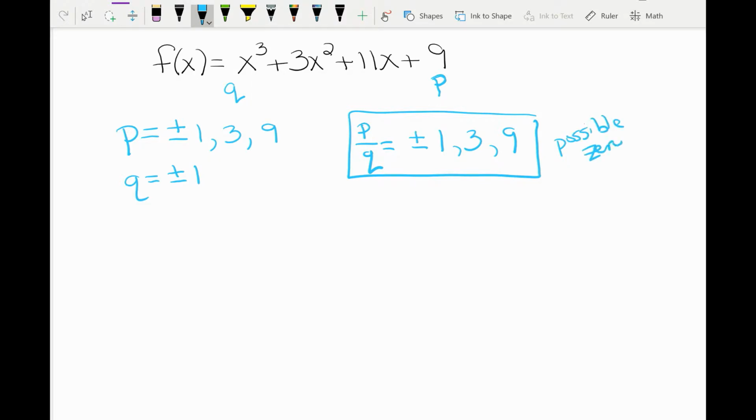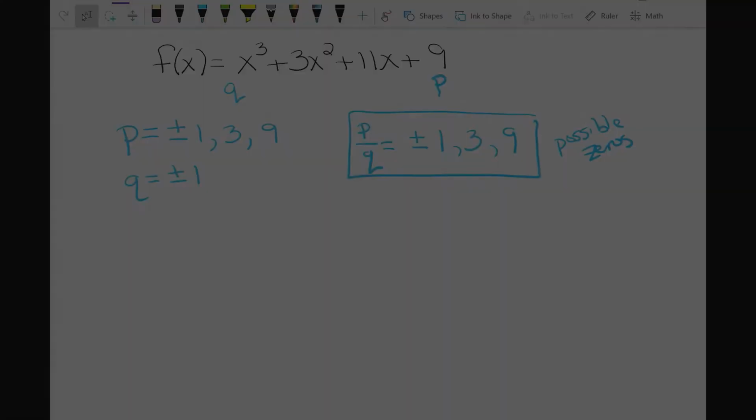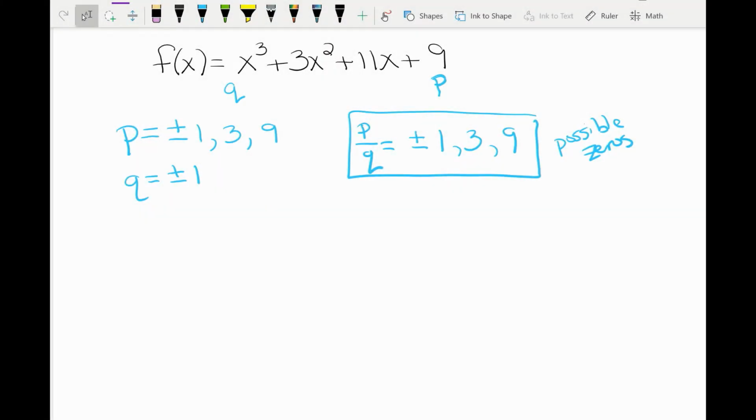So what you do is you plug each one of these values into the polynomial and see if it gives you a zero. So you would plug it into your calculator, put the f of x into your y equals, and then check your chart with each one of these numbers. So you go 1, -1, 3, -3, 9, -9, and try to find something that gives you a zero, right? So the first number that gives you a zero out of this list is -1. If you plug -1 into your x value, you're going to get 0 back,